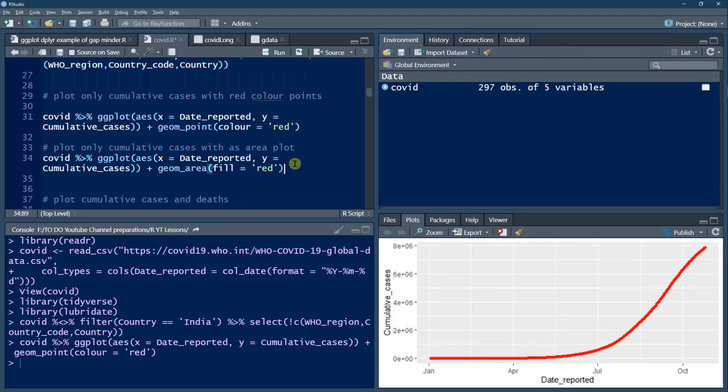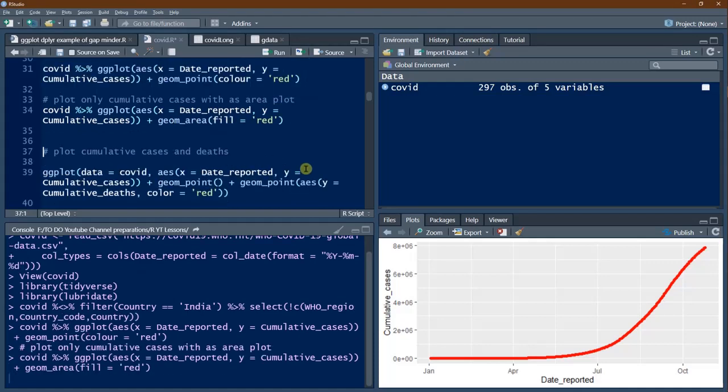Okay, then plot only cumulative cases as an area plot. We have made geom point here, we will do geom area, that's all. We got the area and the same thing indicated. And now we will do cumulative cases and cumulative deaths, these two.